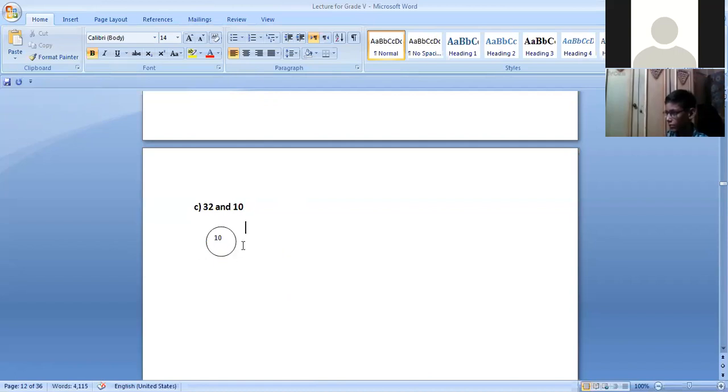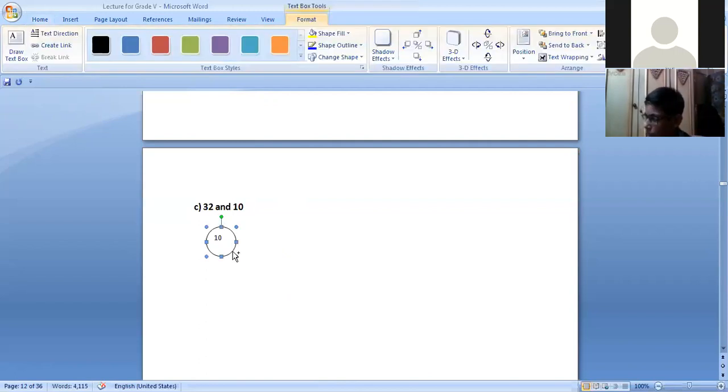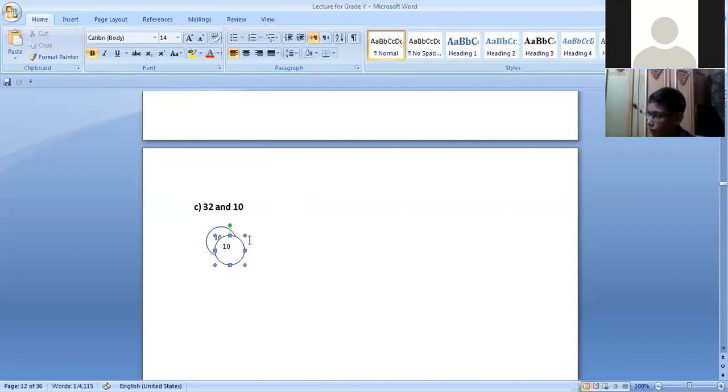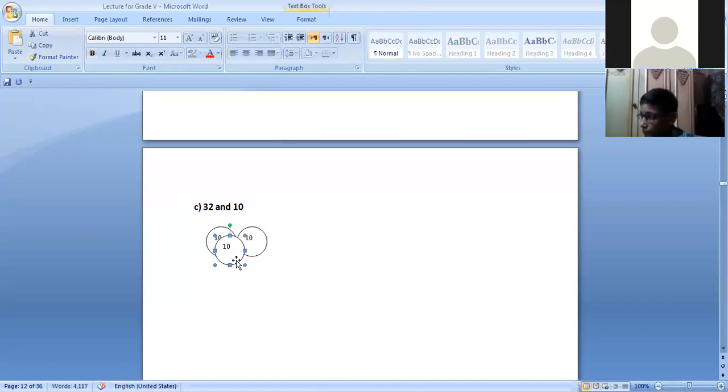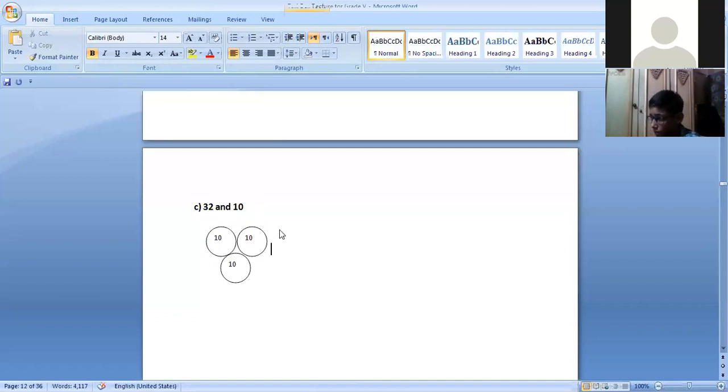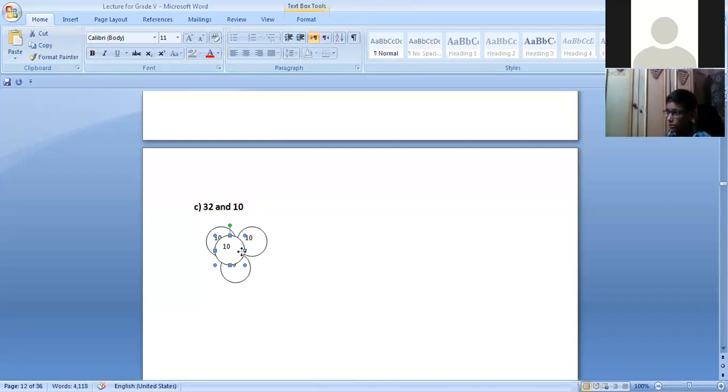Here 1, and then Control C, Control V. अब यहाँ पर 3 is on the 10th place. Okay, 10 की प्लेस पर 3 है तो हम we will use 3 discs. You can see on the screen. And now on the unit place we have 2. Unit place पर हमारे पास कितने हैं? 2 number. We will write 2. We will draw 2 discs for unit place. Unit place के लिए हम लोग 2 disc draw करेंगे.